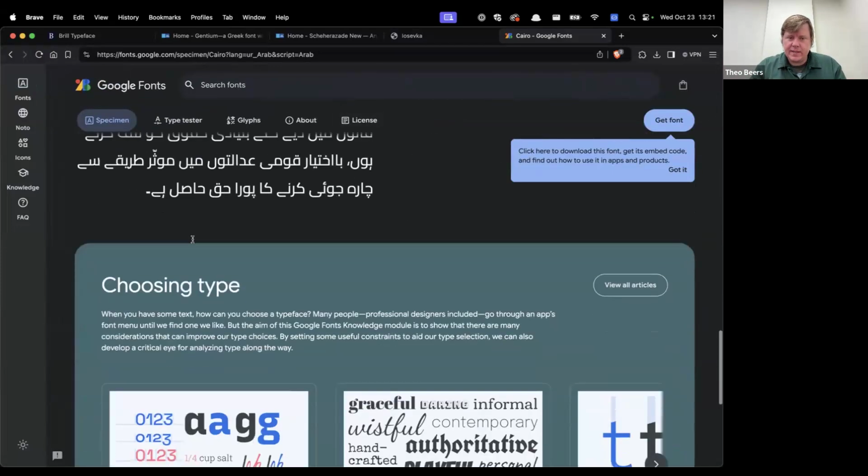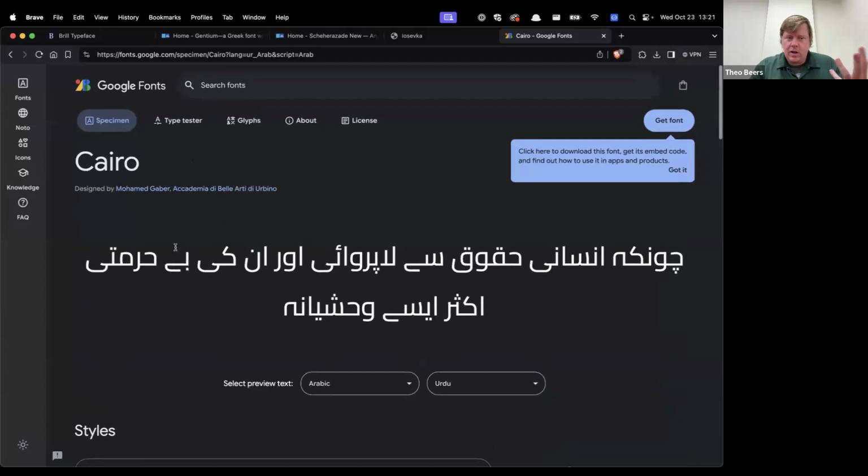For any font that you select, you can always download it. These all tend to be pretty permissively licensed as well. And you can either download these fonts to use them on your own machine, or if you're developing a web app or something, they'll provide code that you can use in order to embed it so that it can be dynamically loaded. So we've covered so far, get a good keyboard layout or two,